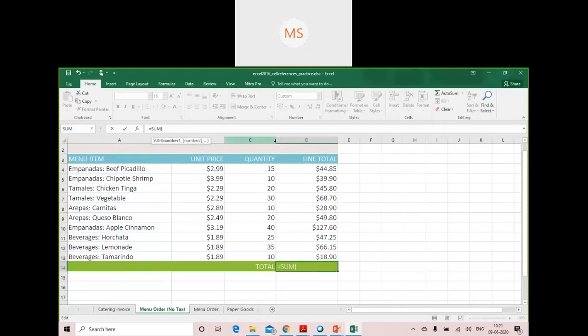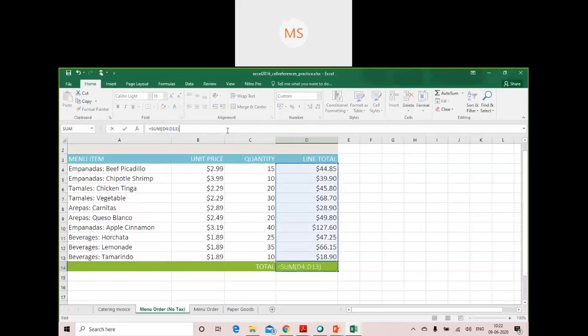So what I will do is insert the argument as D. The first value is there in row 4, so I will add D4, put a colon, then the final range is D13. You can do it in this way and then close the bracket. The moment you do that and press enter, it does the same thing that you did earlier by making use of the plus sign, or the addition operator.